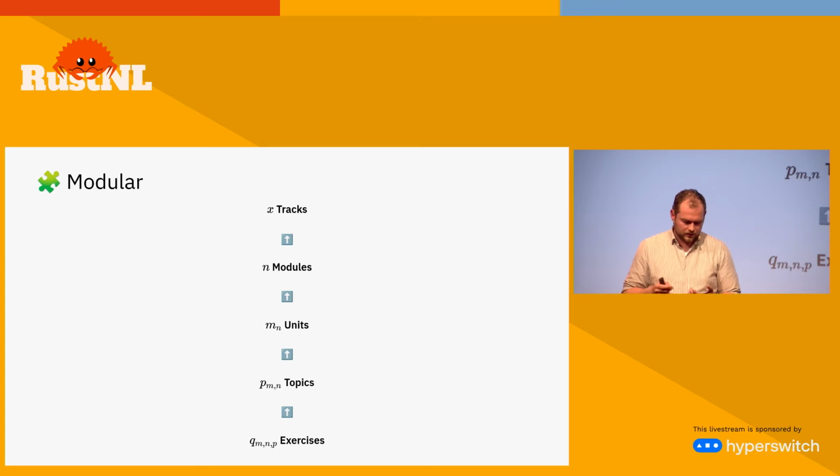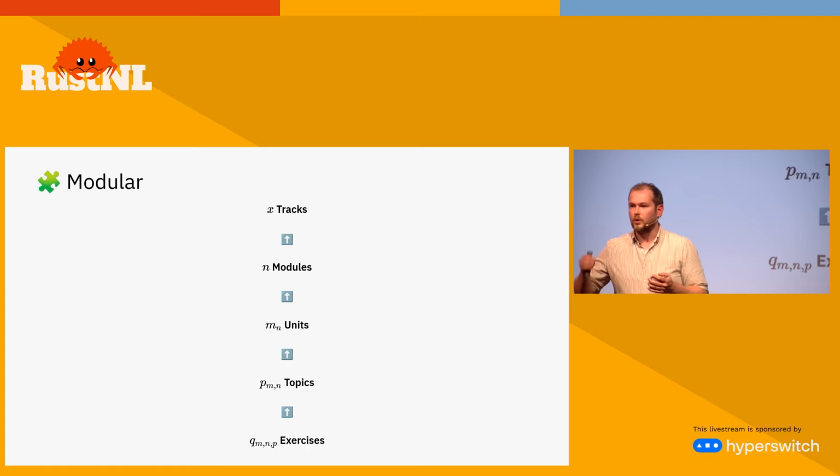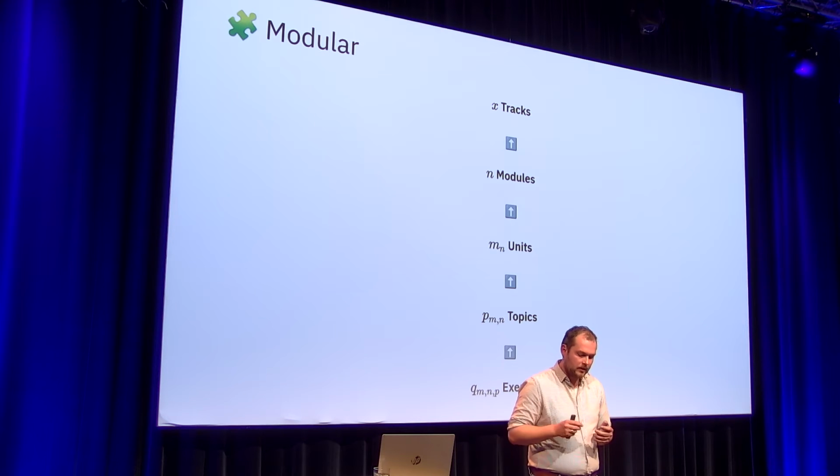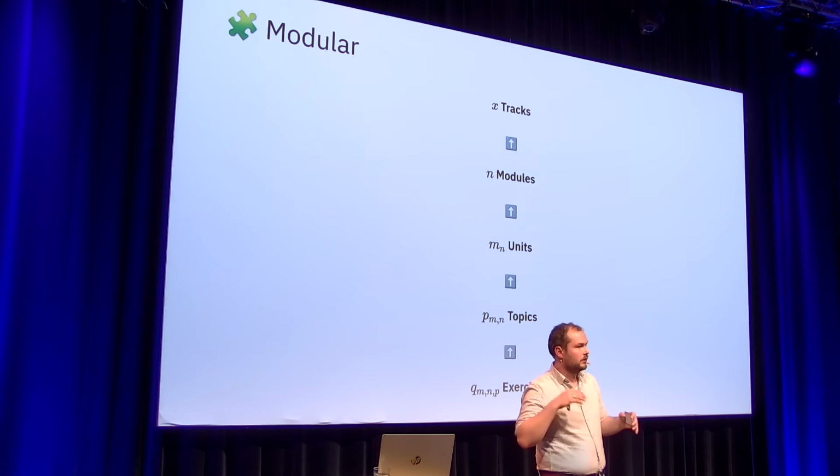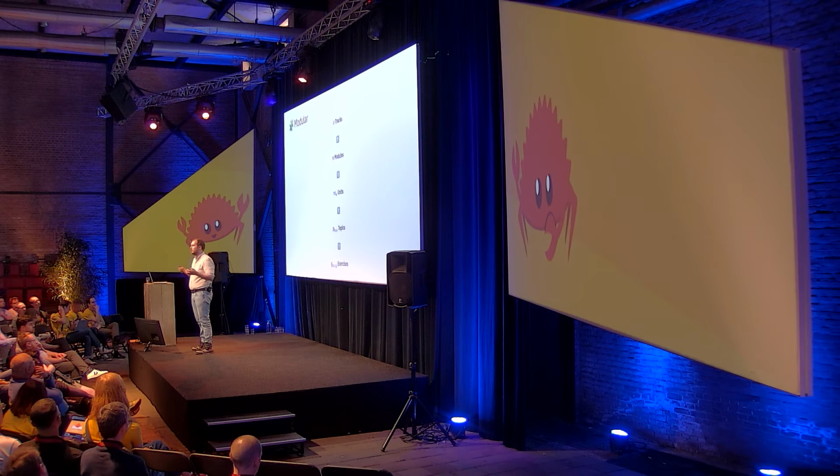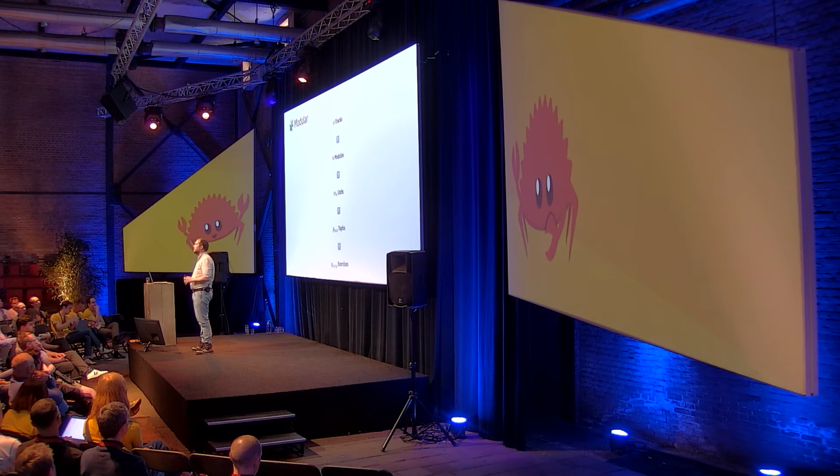And Teachers consists of a number of tracks, which are comprised of modules. A track could be something like Rust for Web, which teaches async Rust and then goes on to Rust web-specific stuff. Or you could think of, for instance, Rust for Systems, which teaches FFI or unsafe Rust. Modules are divided up in units, which are again divided up in topics. A topic could be Send and Sync or move semantics. And with a topic, a number of exercises may be related.